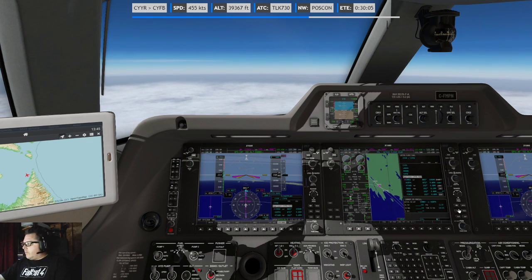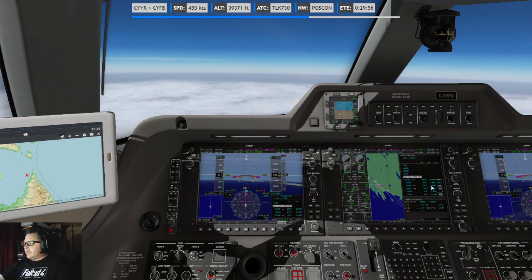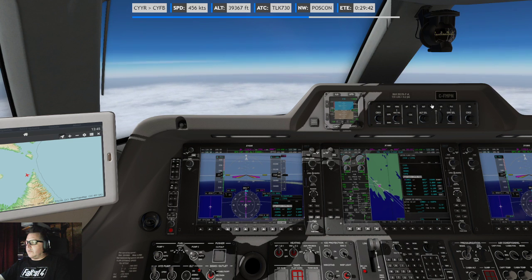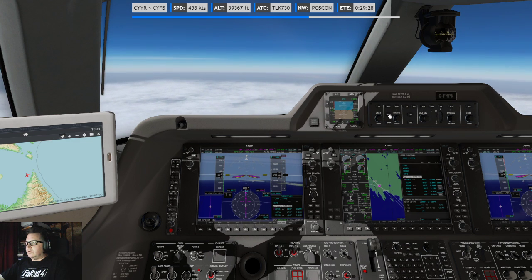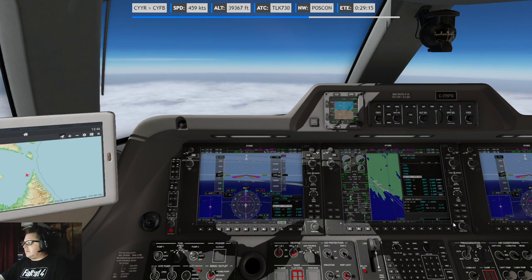All right, and hit approach right away because we have already selected the approach. So let's hit approach. And or VNAV, or no. Did I mess it up again?